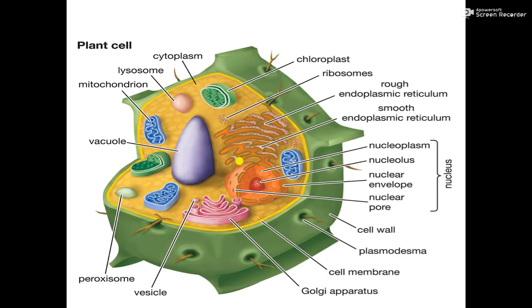Now see a detailed structure of plant cell is shown here. In addition to cell membrane, plant cells have a cell wall. The plant cell has a cell wall made up of cellulose, and rest the nucleus and the cytoplasm, and these are the different organelles in the cytoplasm. The whole structure is called a protoplasm, and about all these organelles and the nucleus we will learn in detail.